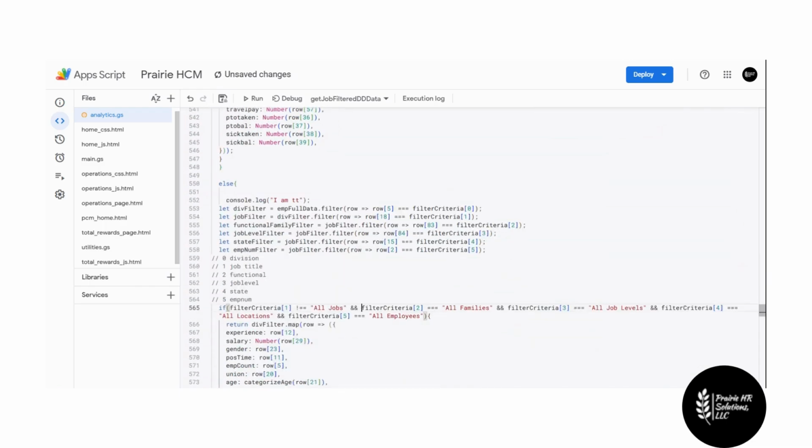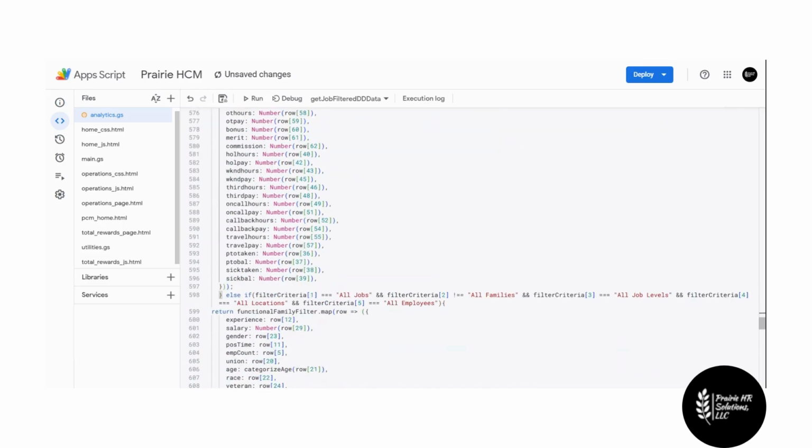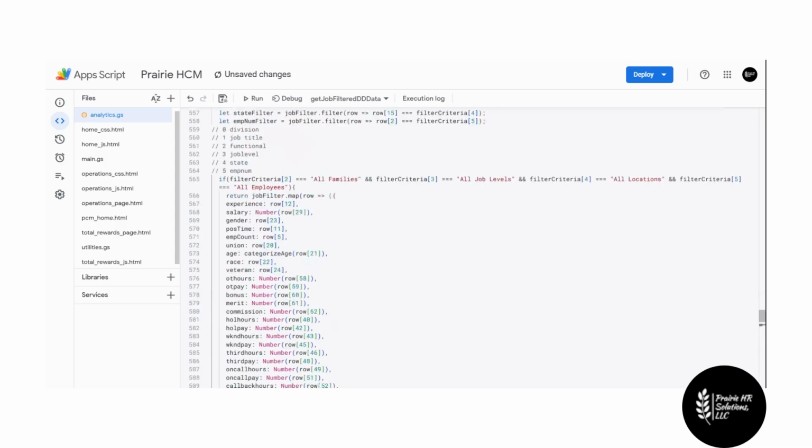It's not going to check it. We're only wanting to check if the filter criteria 2 is such and such. So this is essentially blank. And that needs to be, if this is all families, all job levels, all locations, then we just need to filter it by the job filter and return it. And now if it comes up to all families,